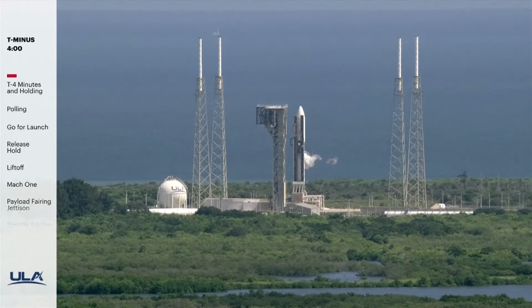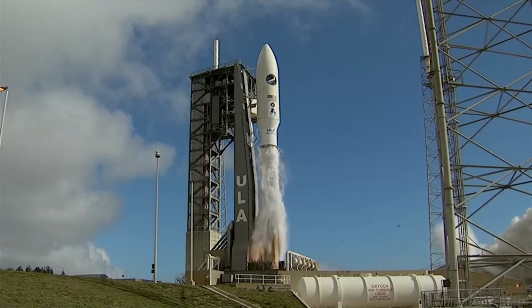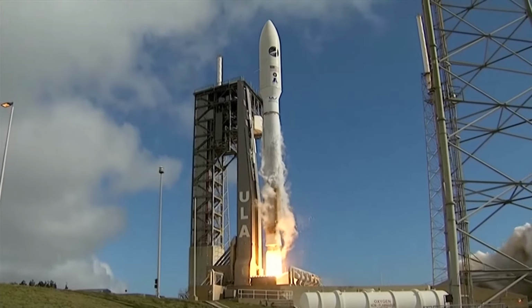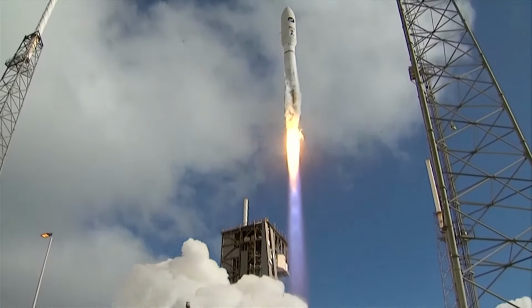After liftoff, ULA's Atlas V will head southeast from Space Launch Complex 41. Here's a look at today's ascent. Generating 860,000 pounds of thrust, the RD-180 engine ignites to lift the rocket away from the pad. Shortly after liftoff, Atlas begins a pitch over to attain the proper flight path while minimizing the dynamic pressure the